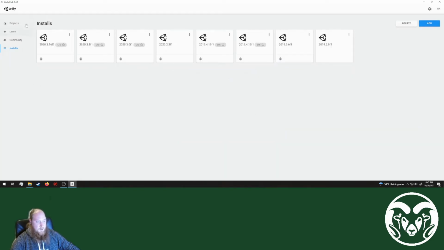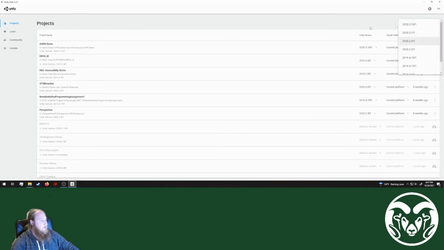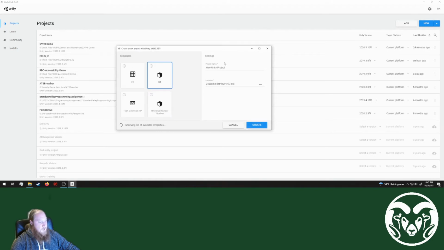Once you've installed a version of Unity and you're ready to create a project, you can come up here and go ahead and click New. If you have a project that you need to find on your computer, you can click Add and it'll open up a standard file browser. If you click on this down button, you can select the version of Unity you want. If you just click New, it'll just use the newest version, I believe. So in this case, I'll just choose the 2020.3.1 and it'll open up with this Create New Project for Unity